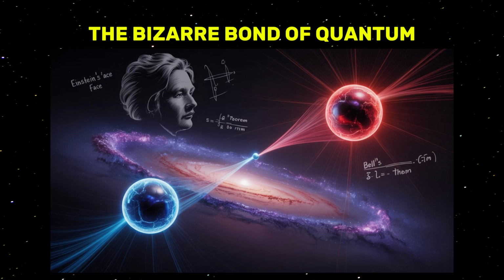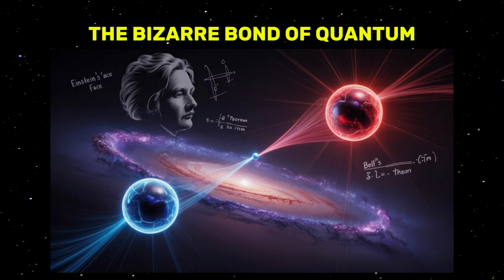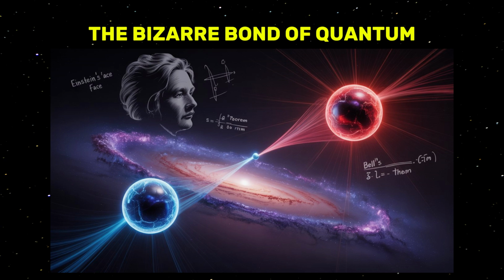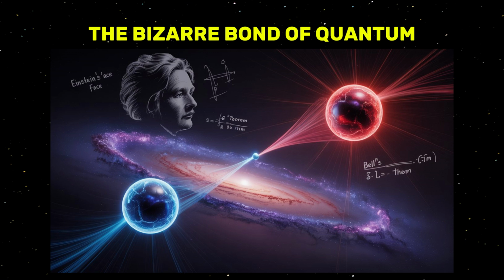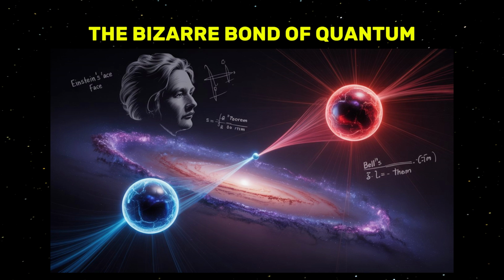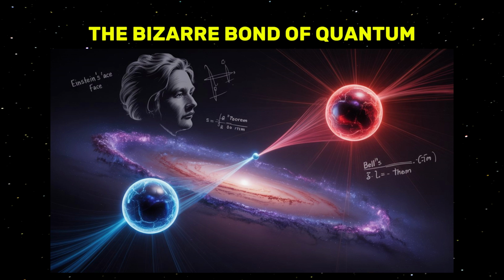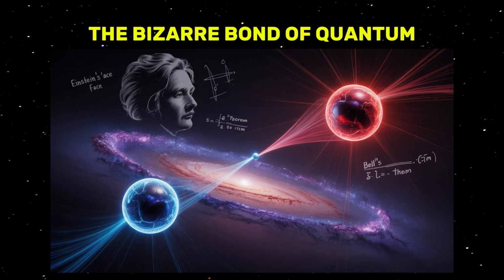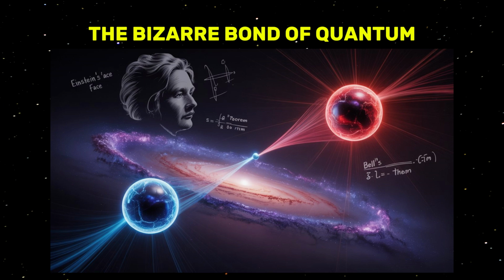It points toward a cosmos where distant particles can influence one another instantaneously, as if whispering across the void. Through the lens of entanglement, we begin to glimpse a universe that's more intricately connected than we ever imagined, a place where beneath the surface, hidden patterns and unseen links may weave the fabric of all things. As we explore this fascinating territory, one thing becomes clear. Reality is far more complex and mysterious than it seems. And it all may trace back to the moment of creation itself, the Big Bang.